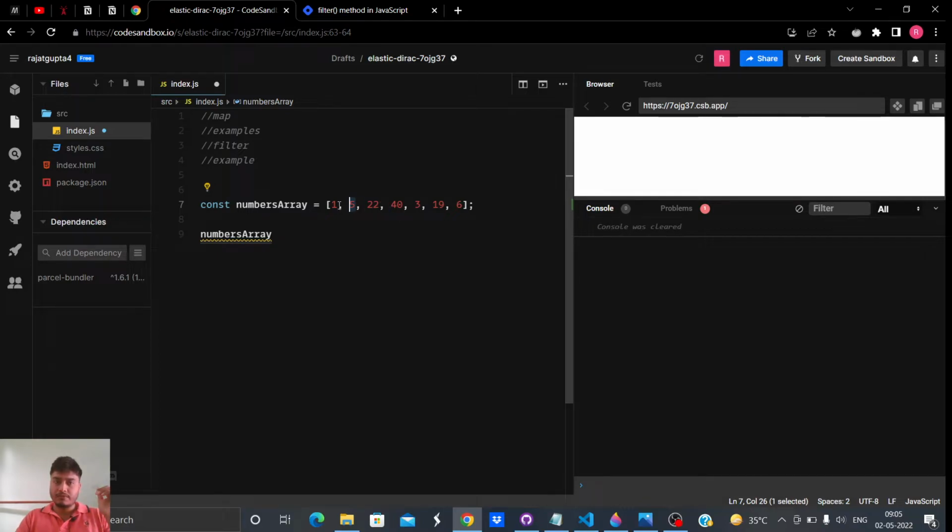In the first iteration 1 will be passed through that function, in the second iteration 5 will be passed, in the third 22 will be passed, and so on. And when we get the new array, in that new array only those elements will be returned,